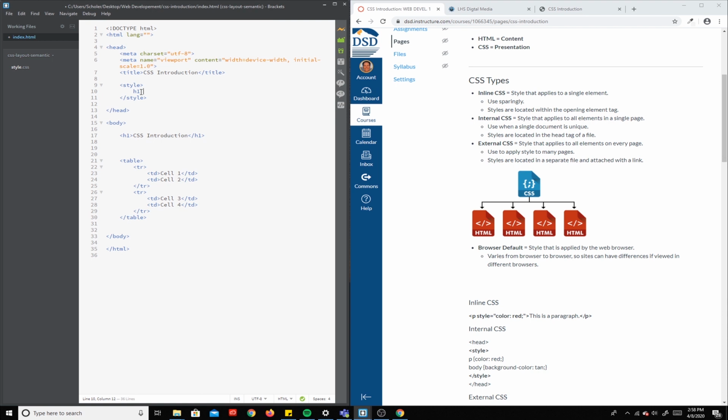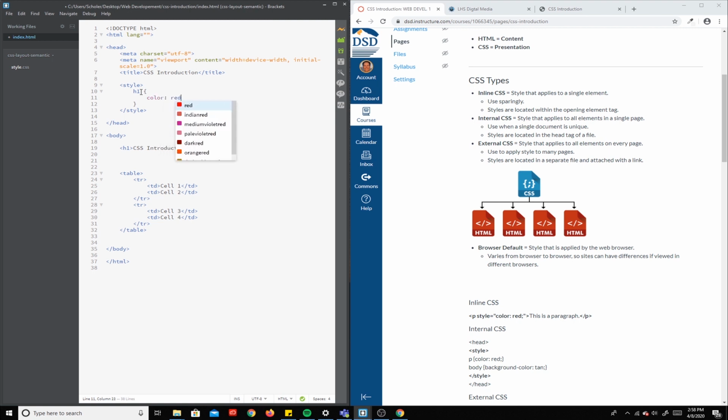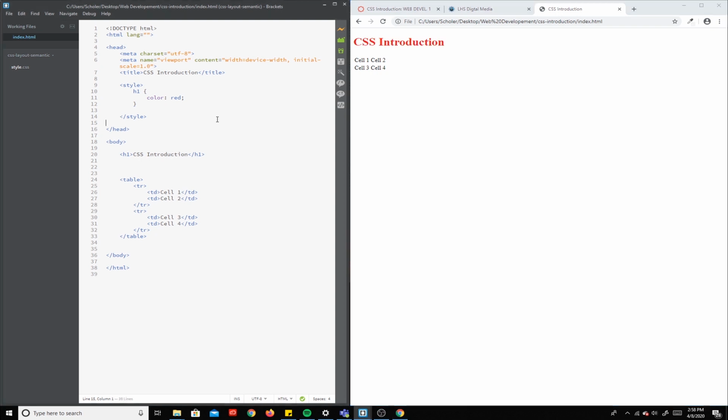That's my selector. Put in some curly brackets and then do the same thing you already know. Color and then red. When I go ahead and save this page, you'll see that it turns red. So that is internal CSS. If I had multiple H1s on this page, they would all turn red because you're telling all H1s to turn red. Now the third type of style, so let's go ahead and take this out,